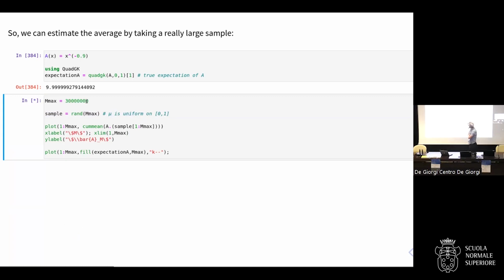So let's see what this one does. So somehow the strong law of large numbers is actually not particularly useful to us because we